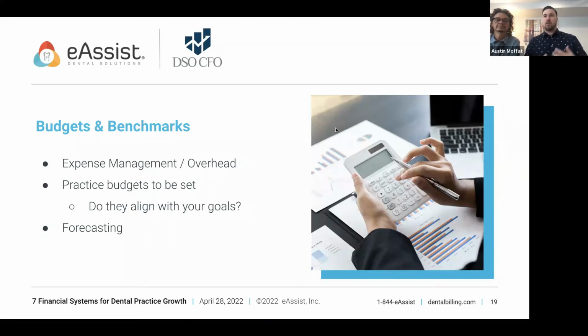Well, first of all, we know what budgets are, but what are benchmarks, right? Benchmarks are pretty much what is the industry standard, for example, for dental supplies. We are going to touch on this in other sections. Through talking with several different large vendors like Shine, DDS Labs, Patterson, our own clients, and a lot of colleagues in the dental space, we get an idea. We know that Dental Economics pumps stuff out on an annual basis. We're pumping stuff out on an annual basis,